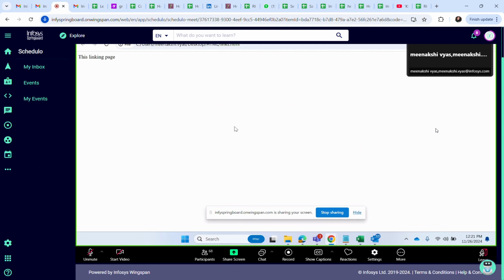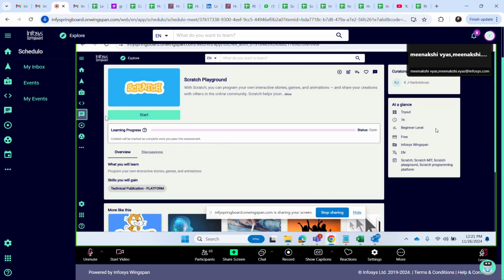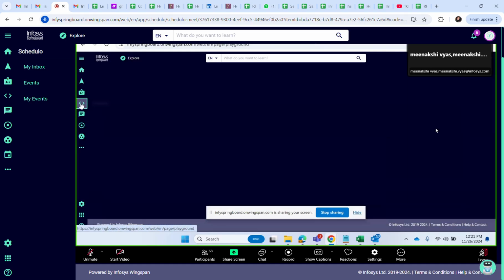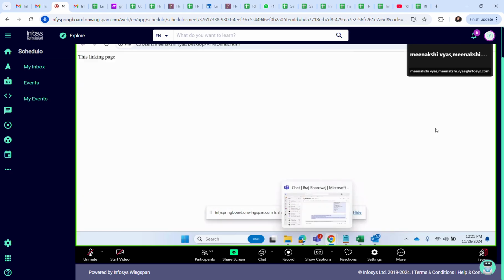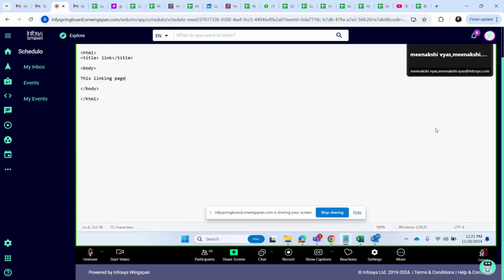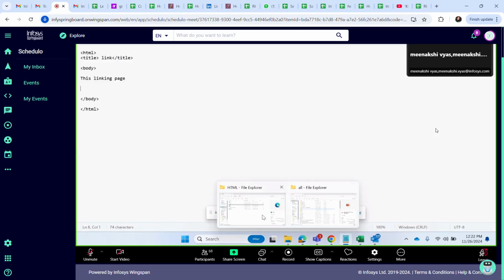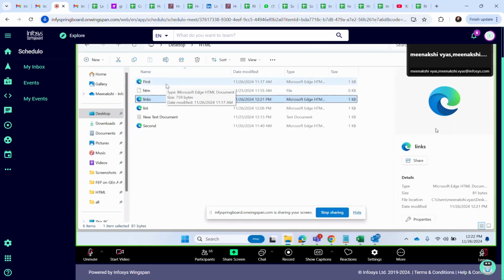Okay, this is the linking page, right? Now what I want to do is make this similar to this, so that if I click on this particular link, one page should be open. So let's simply write 1 2 3, and we can link the pages. Gratefully we have some of the pages, you can see first, list, and second. These are the page names.